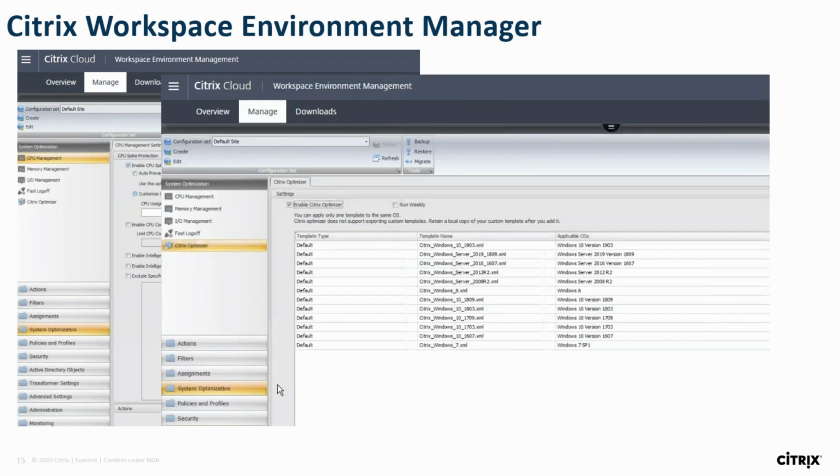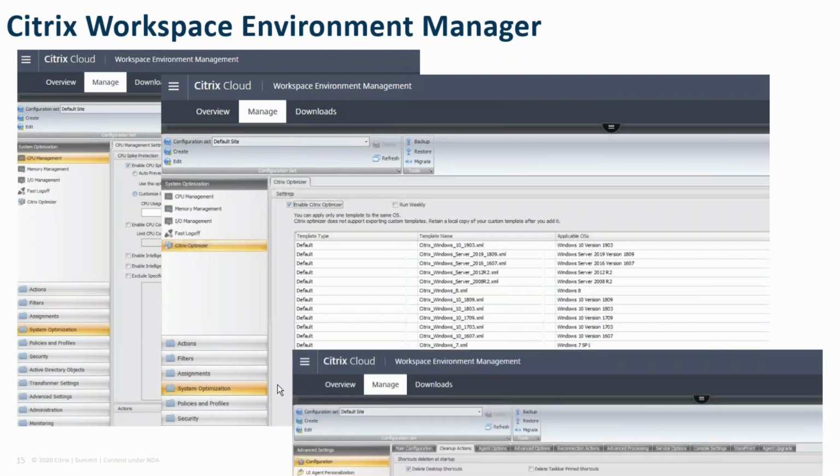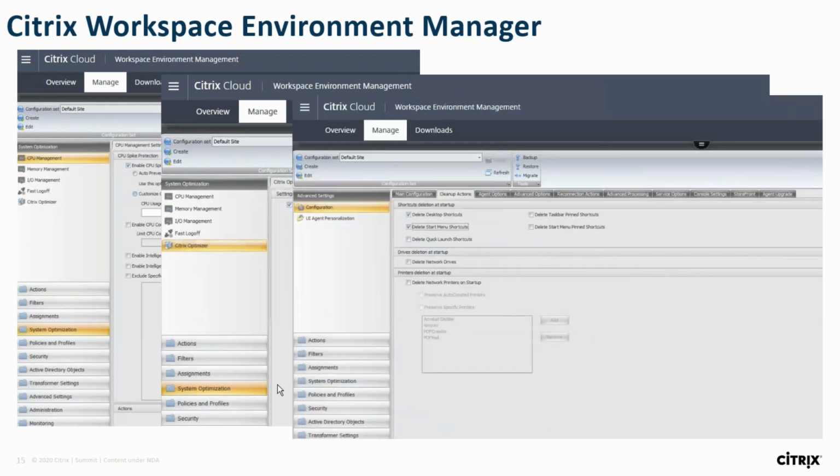We can do things like use our Citrix Optimizer, which is now built into the WEM service. This is going to help logon times, where we can get rid of those services that might be running on the master image that we don't really need, things that are sitting in the background. It's really cool. You can turn all of those off to again get the most bang for your buck out of those machines. And then also we can do things like delete your desktop shortcuts and start menu items as well. So there are lots of different customizations that you can do, but those are just some ideas.